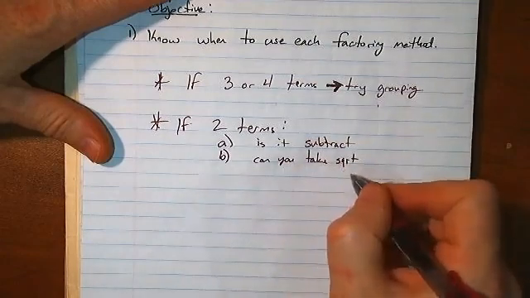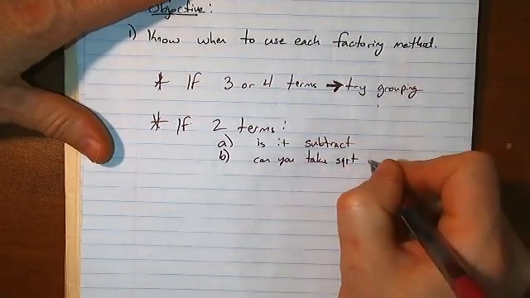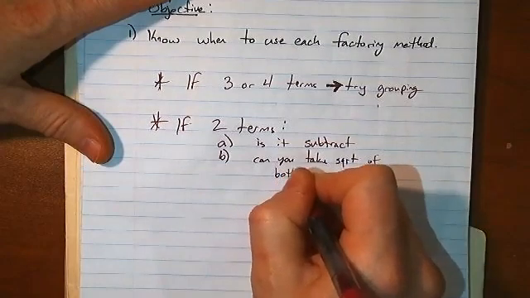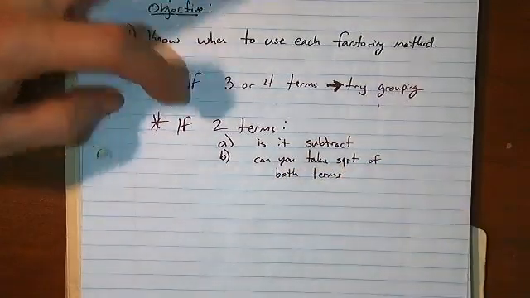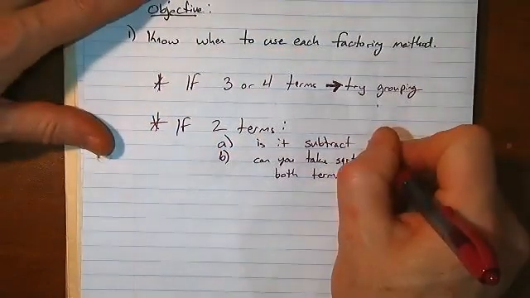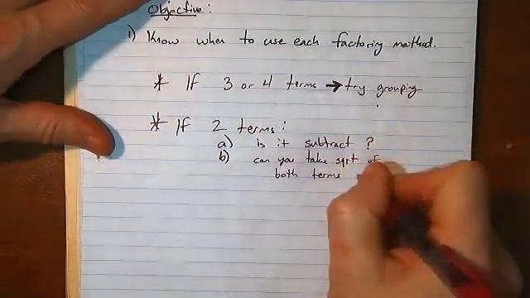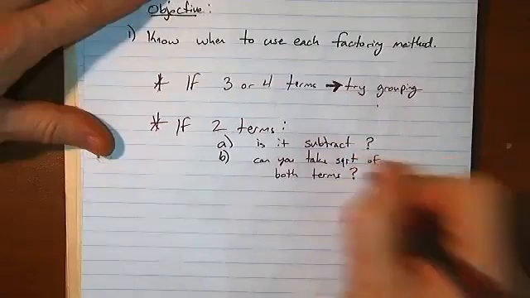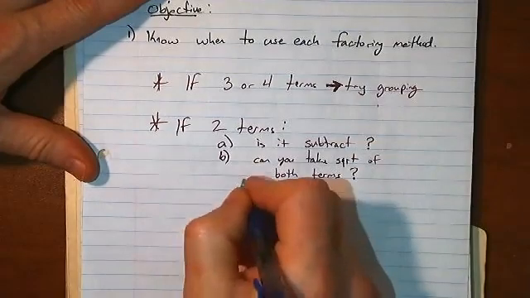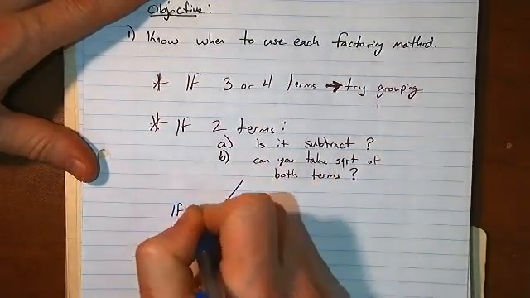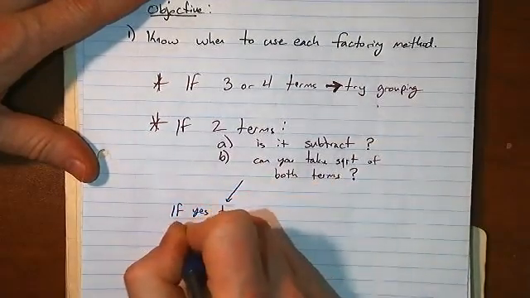Is it okay, or can you take the square root of both terms? Okay, of both terms. So if it has 2 terms, you're going to ask yourself these 2 questions. Is it a subtraction? Can you take the square root of both terms? If the answer is yes to both questions,